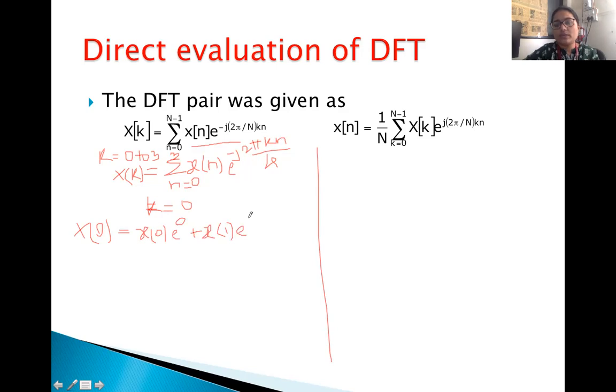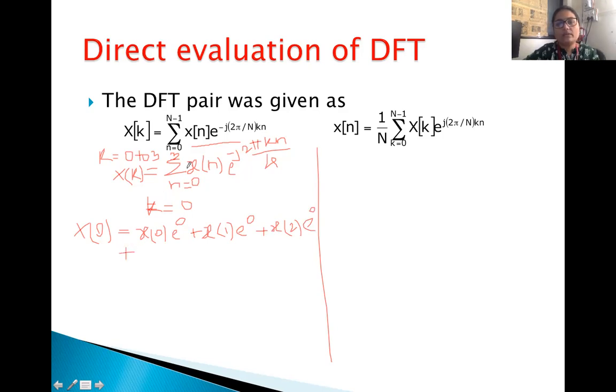But multiplication is there. So we will be writing e raised to 0 plus x of 2 into, because the next value of n is 2. So we have substituted n equal to 2 into e raised to, we will talk about. So K is 0, n is 2. So it is going to be 0 only. Plus